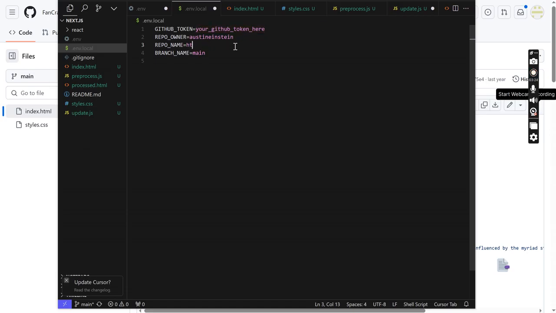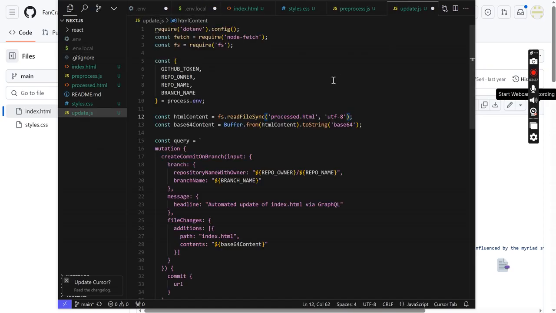Let's say it's this. As long as you have this set up in the .env file, we can then go into the